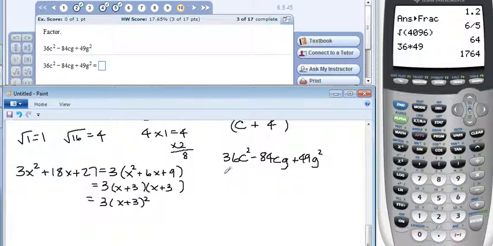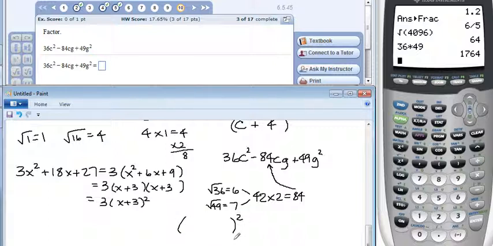All right. What's the square root of 36? 6. What's the square root of 49? I'm only taking my numbers. 7. Right? I'm just going to take the square root of that one and the square root of that one. I'm going to multiply these for 42. I'm going to double it for 84. It matches. So therefore,